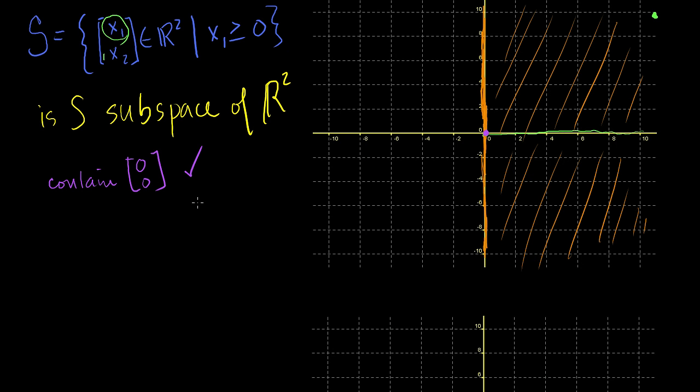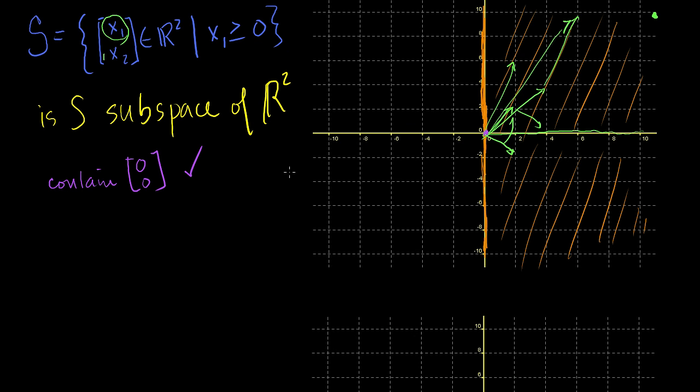Now, let's try another one. If I add any two vectors in this set, is that also going to show up in our set? Well, let me just do a couple of examples. Maybe this isn't a proof. Let's see. If I add that vector to that vector, what am I going to get? If I put this up here, I'm going to get that vector. If I add that vector to that vector, what am I going to get? I could put this one head to tail. I would get a vector that looks like